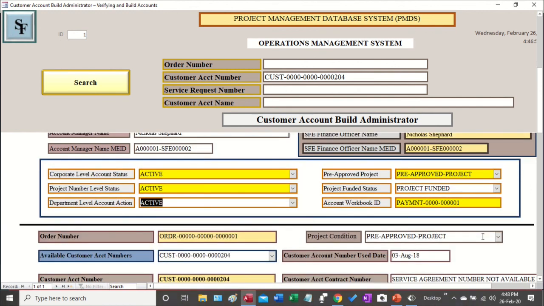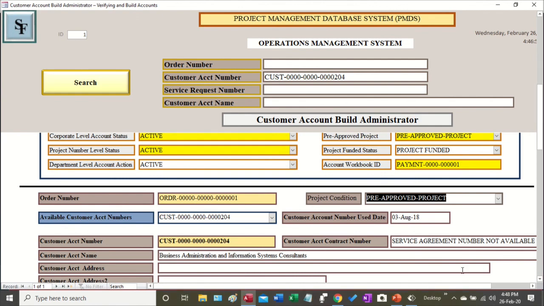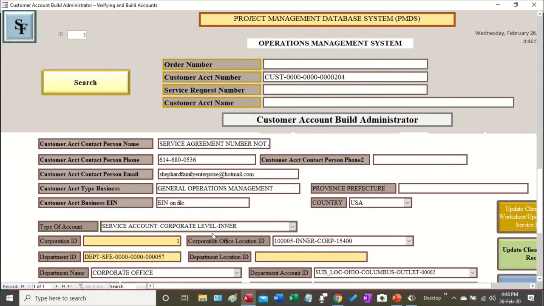Then you have the project condition right here. And the same thing, it says, this is pretty cool. It could be a qualified client, right? Customer account. So that means that this account has already been established with your company, and you are continuing to work with this customer, all right? And then you have all the other information that you see here, all right, which you went through in the previous